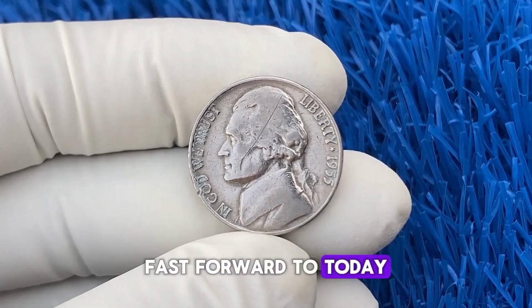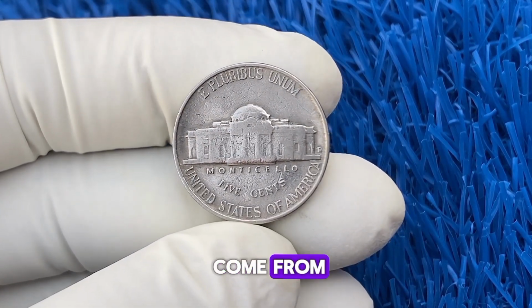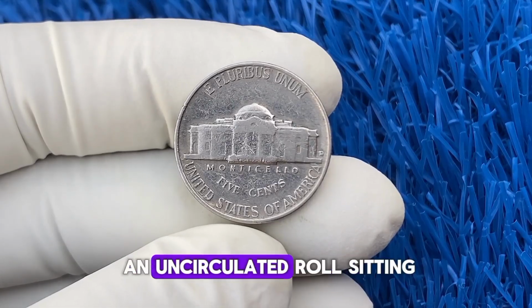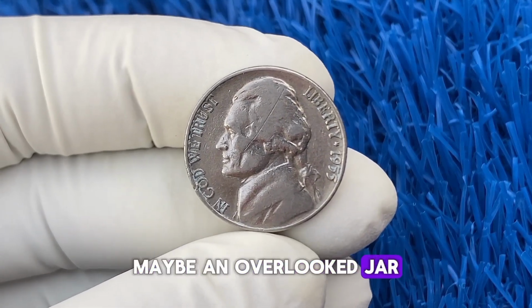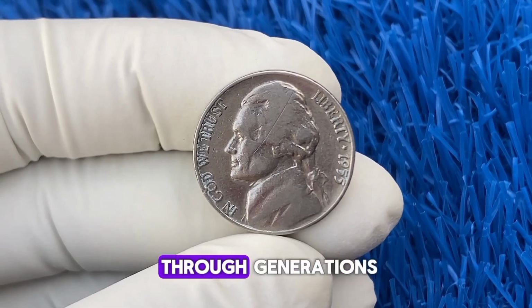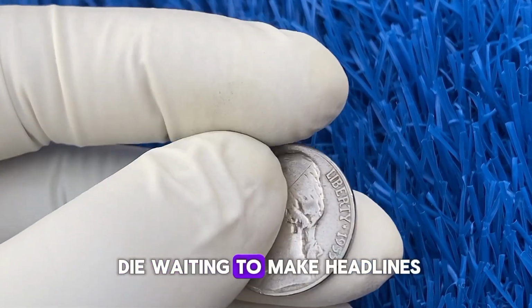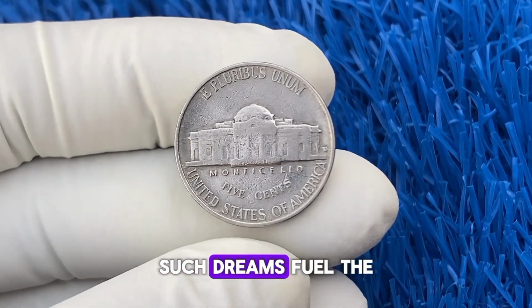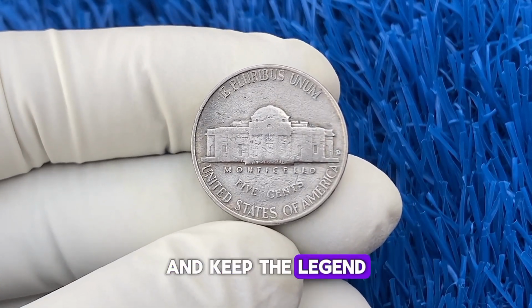Fast forward to today, collectors often wonder where the next discovery will come from. Could there still be an uncirculated roll sitting in an attic? Maybe an overlooked jar of nickels passed down through generations? Maybe one more doubled die waiting to make headlines. Such dreams fuel the passion of numismatists young and old and keep the legend alive of